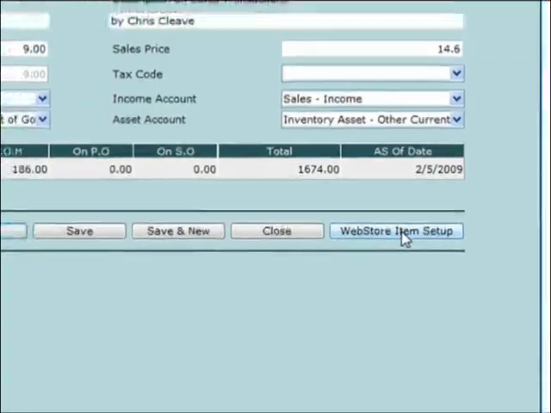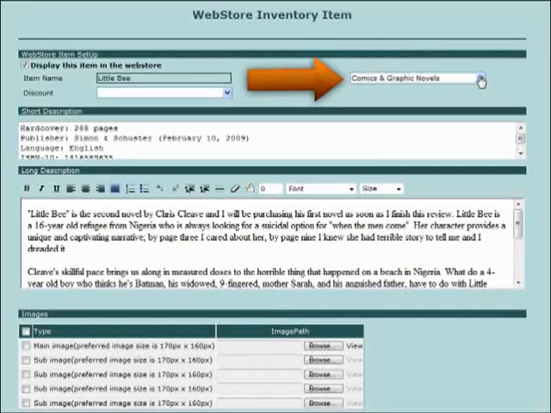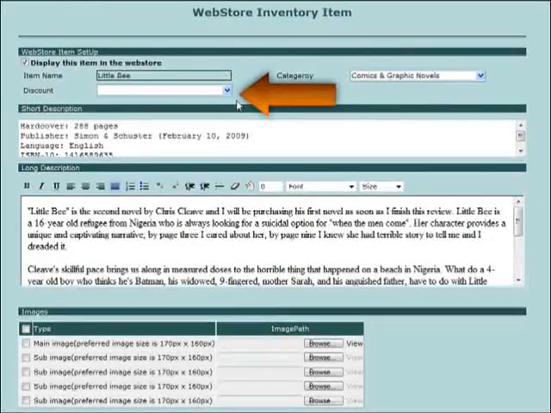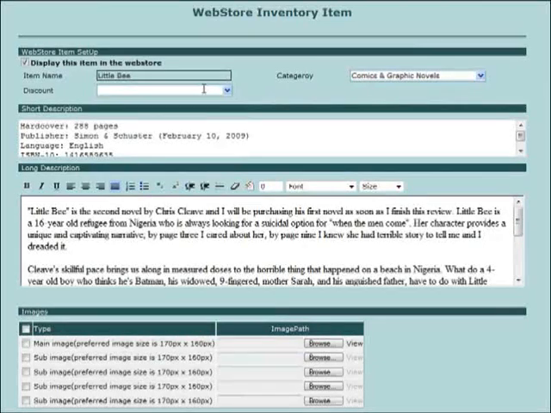Your first step, if you want the item to appear in your web store, will be to click the checkbox. Now, you will have to assign the item a category or department. If you cannot find an appropriate one, you can create one from this space. If a discount will be applied to this item in specific, you will indicate the amount of the discount in